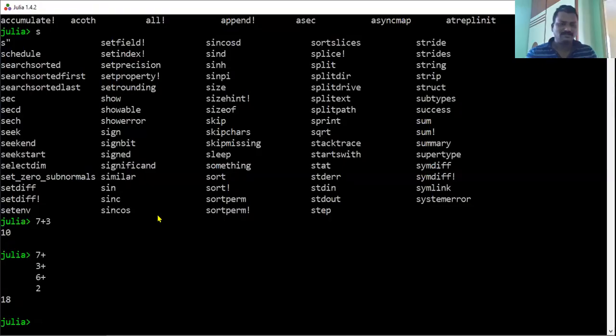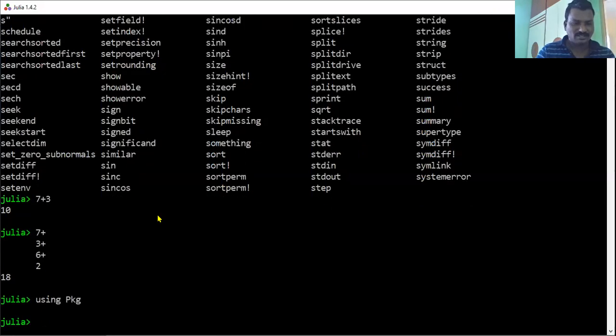How can you add this? Using Pkg.add. There is no need to write anything else here.